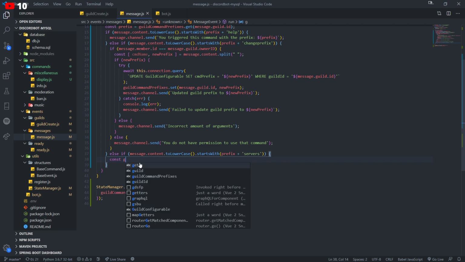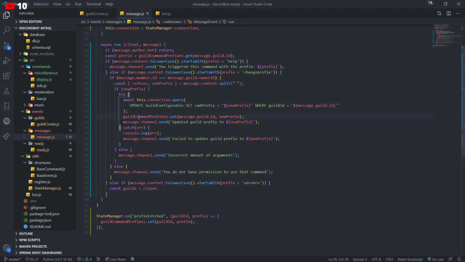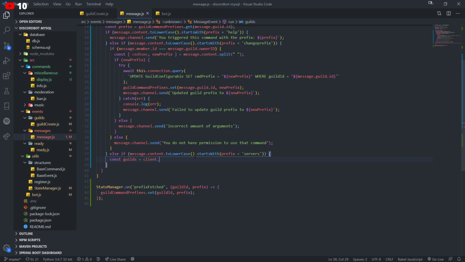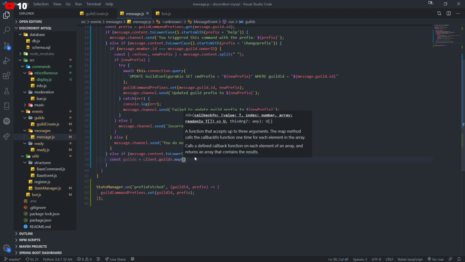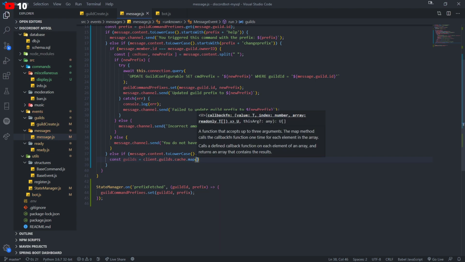And what we're going to do is go ahead and get all the guilds. So I think the best thing we can do is const guilds equals client. Now keep in mind I am on version 12. Okay, so if you're on version 11, it's going to differ a little bit. So we're going to do client.guilds. Now if you're on version 11, you would just do .map. Okay, but we're on version 12, so we're going to do .cache. And now we want to get all of the guild names. So I guess it really depends on how you want to showcase your guild names, but we can make it so that it'll show just the name of the guild with the ID.